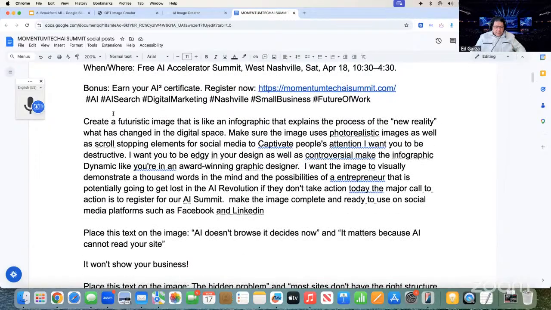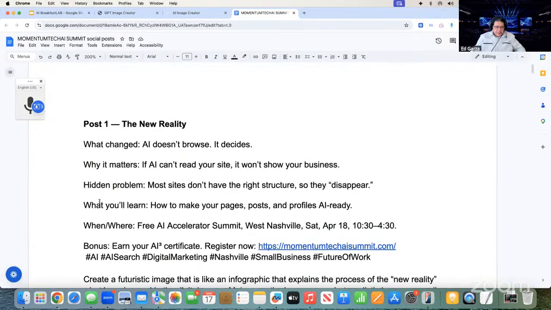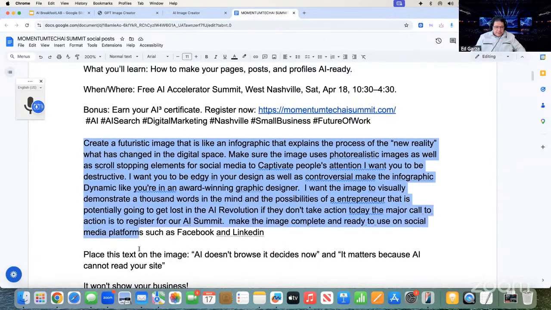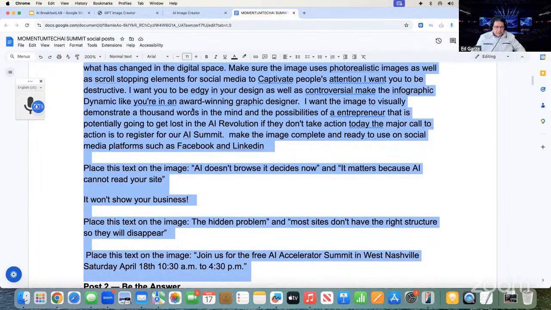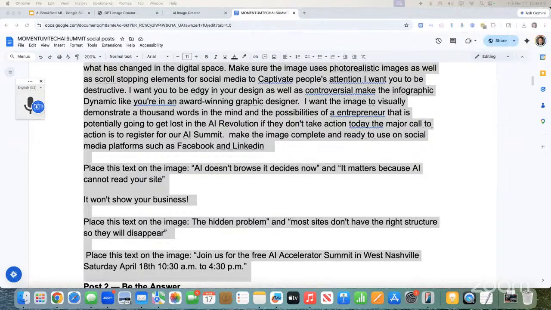So let's just go here and take this template. I'm going to do some things for you here, give you that prompt over here. I'm going to clean it up for you.